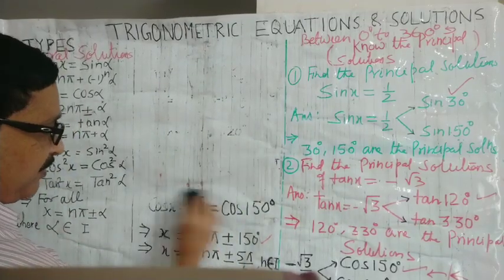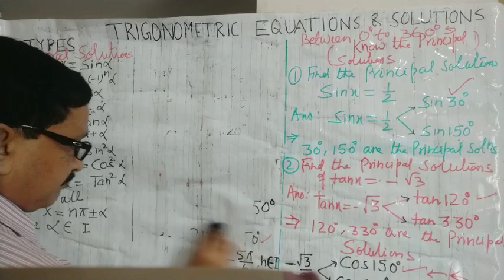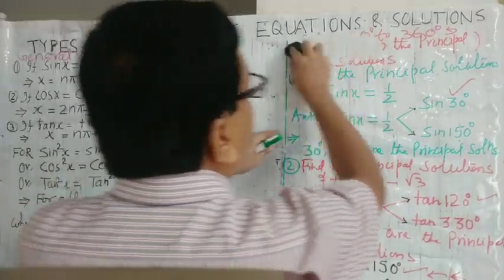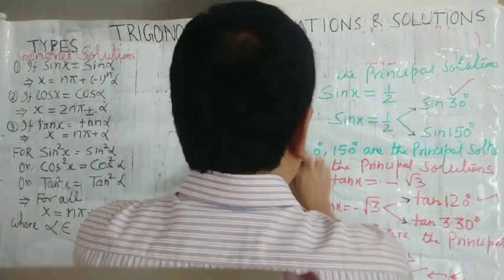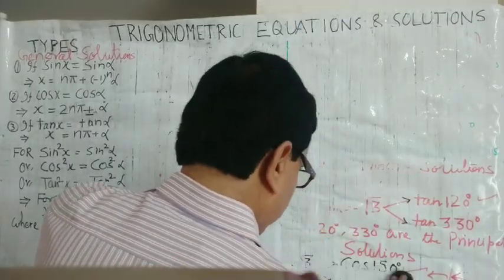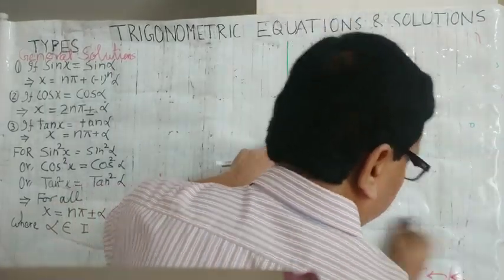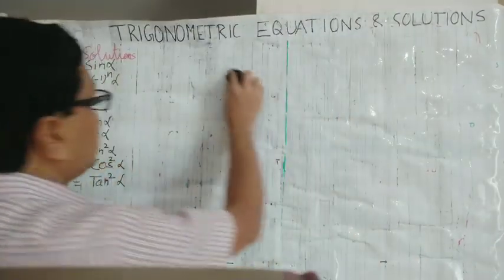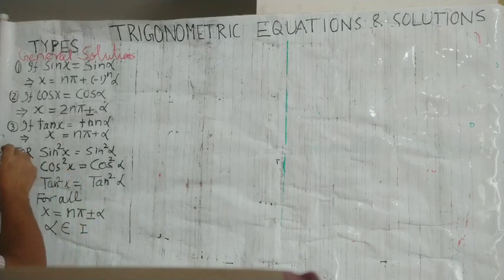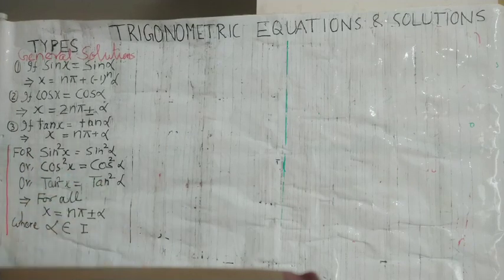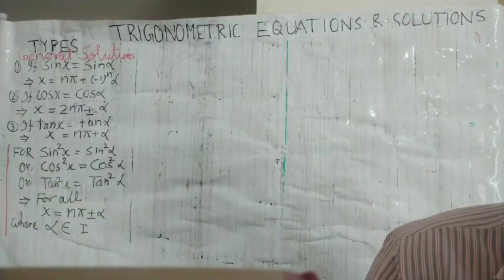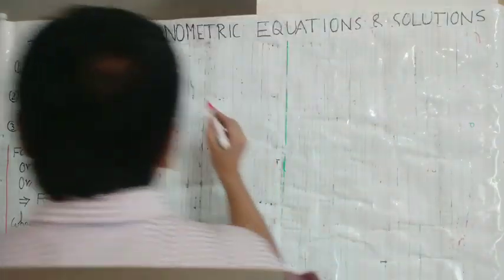Just see the next problem. Principal solution and the general solution both are known to you. Now we are moving towards another problem. Just wait for a while. Yes, see now, according to this pattern, I am going to follow this. What will be the problems related to this? 4 sine square x is equal to 1.